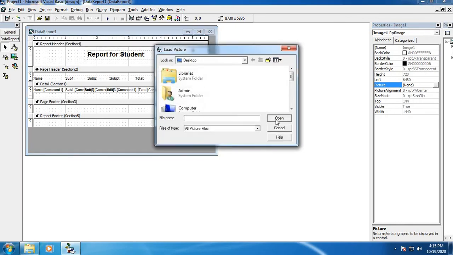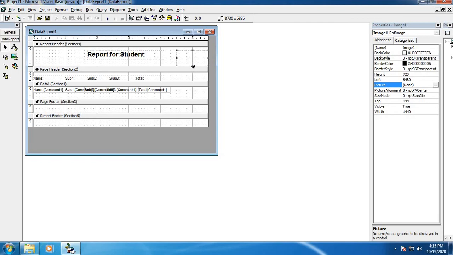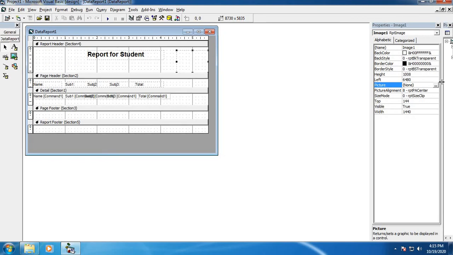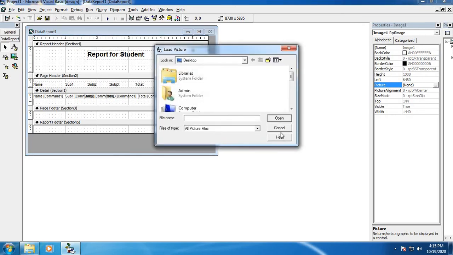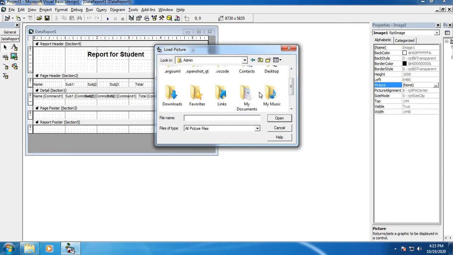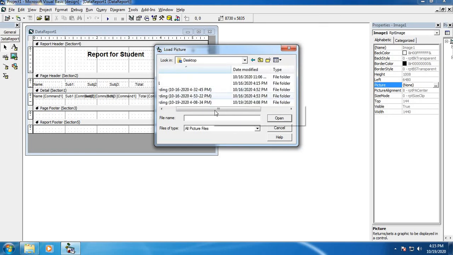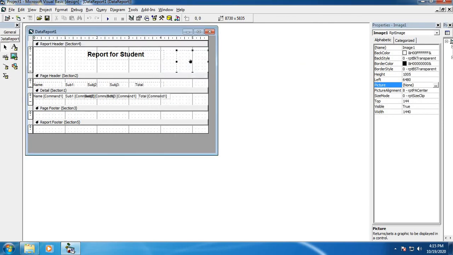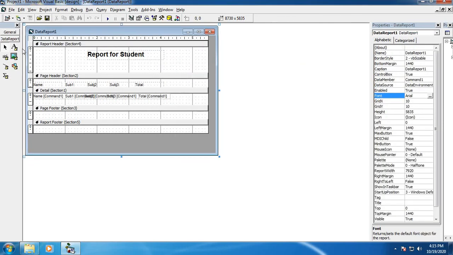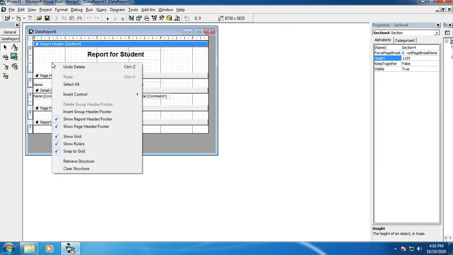If you have any image in your system, you can use the image. At this time I don't have any in my system. If you have any picture, you can use this picture property.